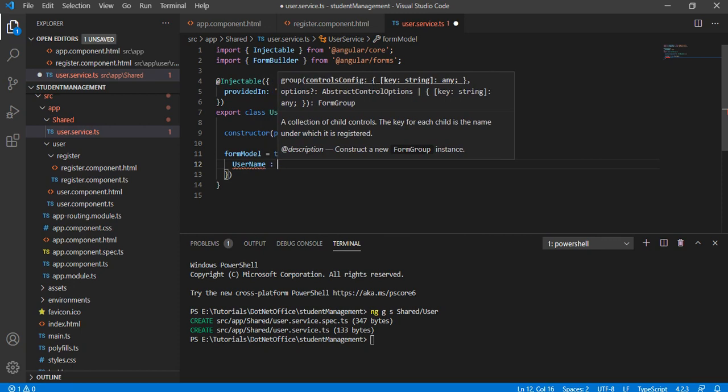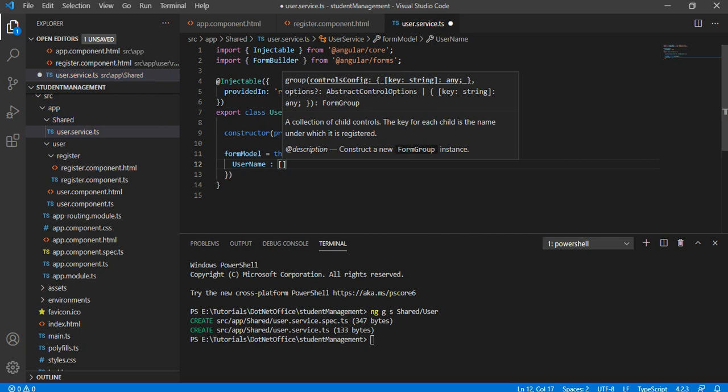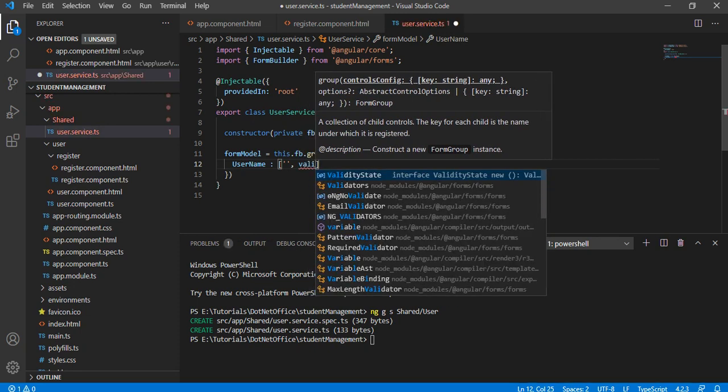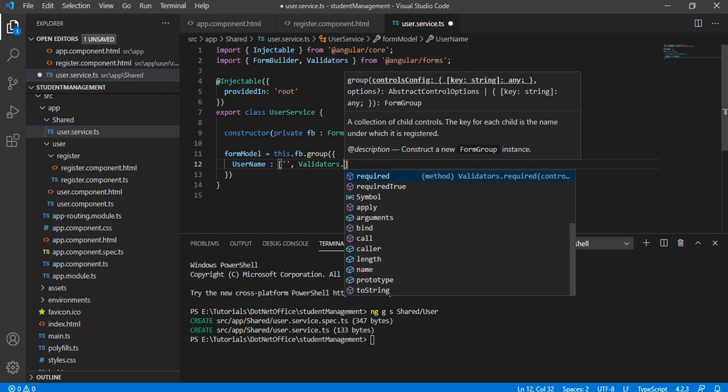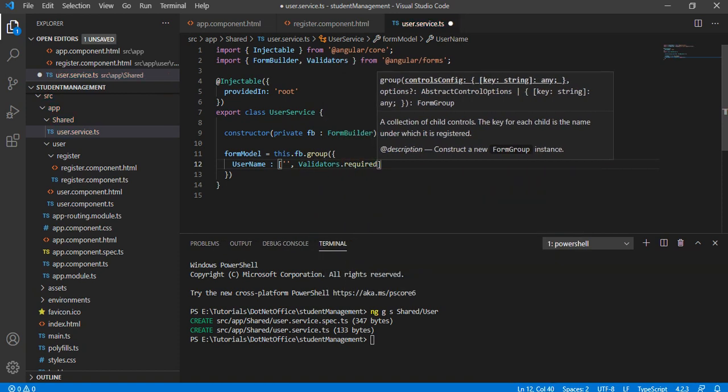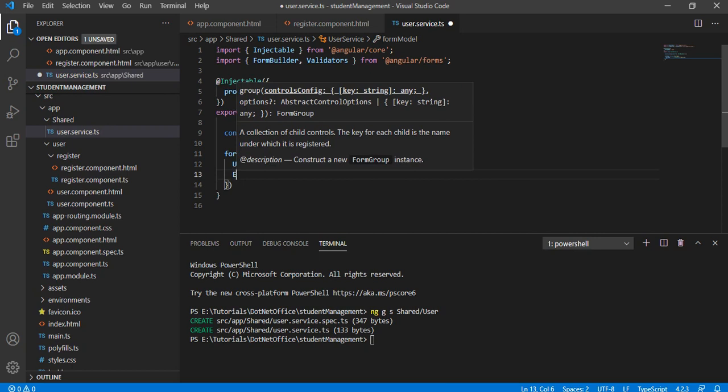First is the username, and the type of this username will be a string, but by default we are going to assign an empty value. If we want to make it required, we can make it Validators.required, and next we are going to take